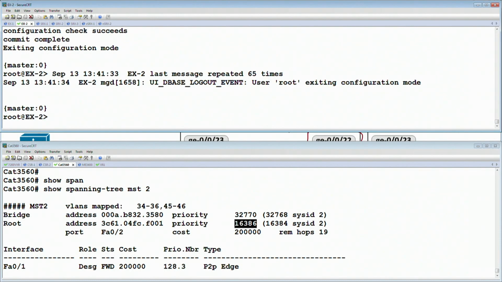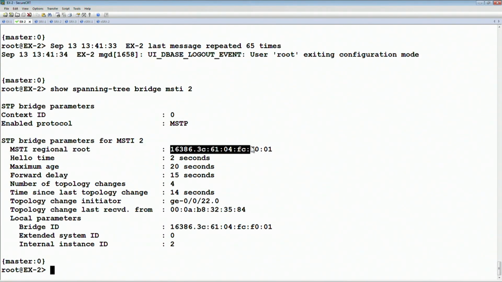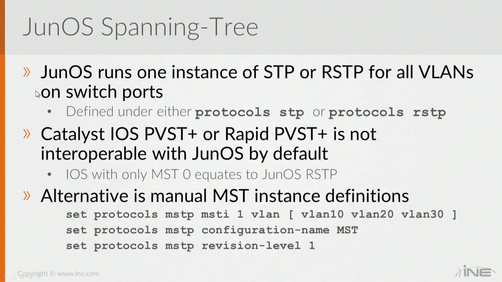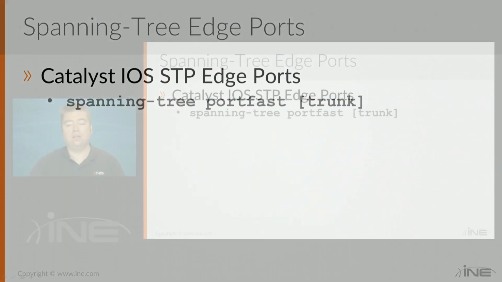If we check on the EX side, show spanning tree bridge MSTI2, we should see now the root ID and the bridge ID are matching, so I am the root bridge. Okay, the other options that we have in spanning tree, similar to Catalyst, is that we would configure normally